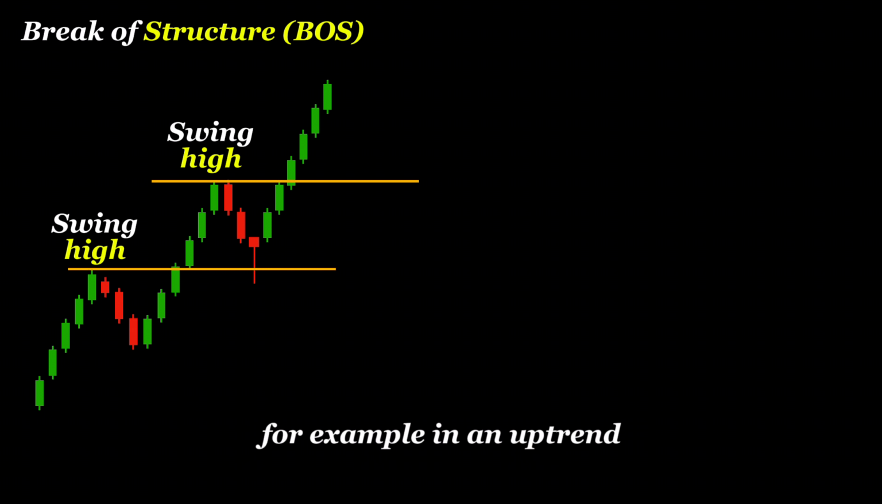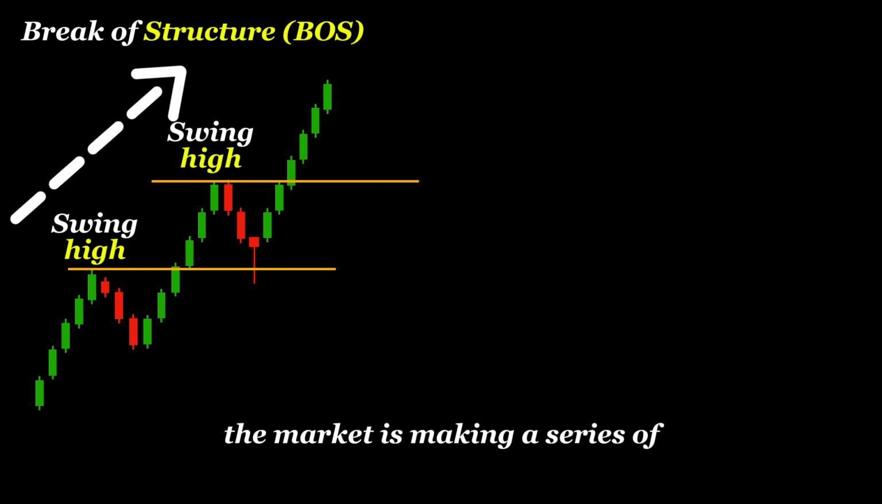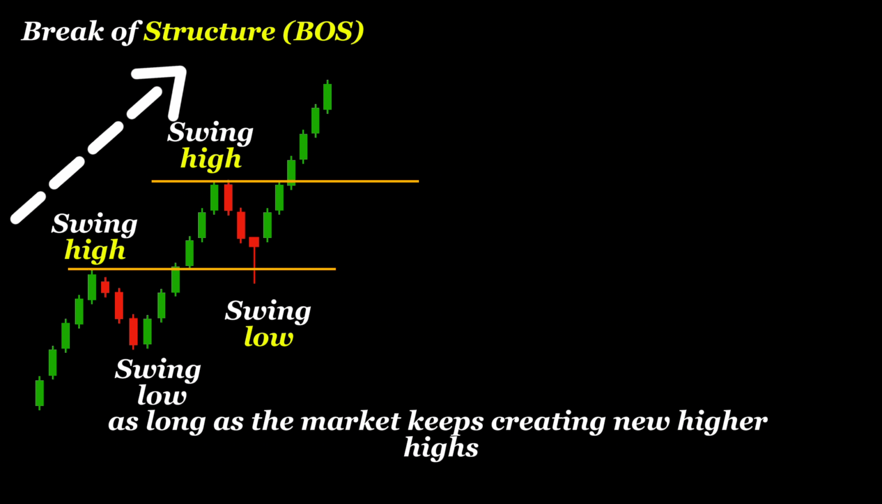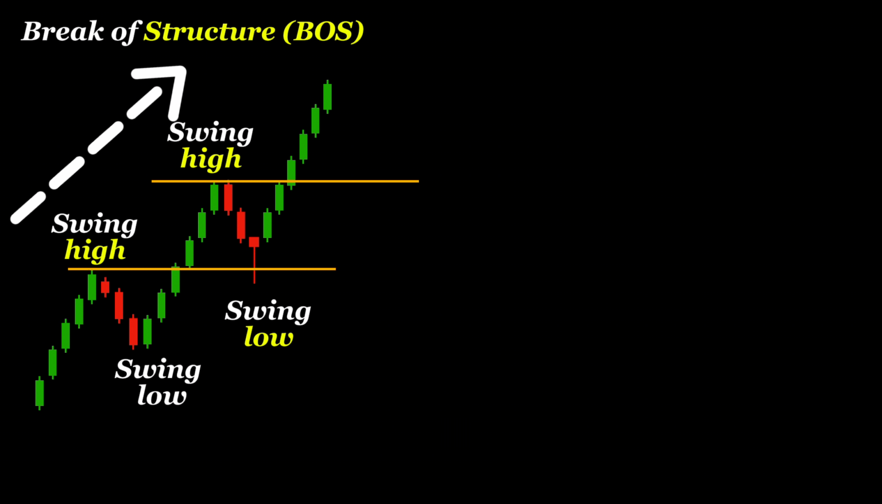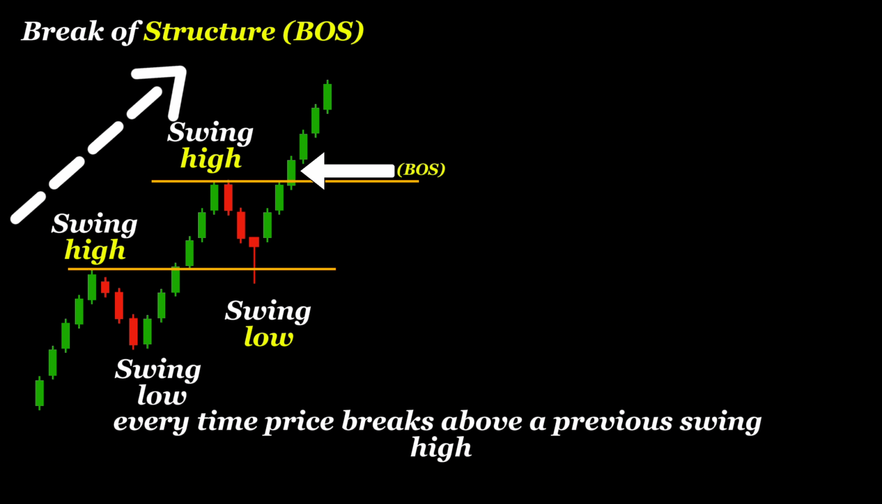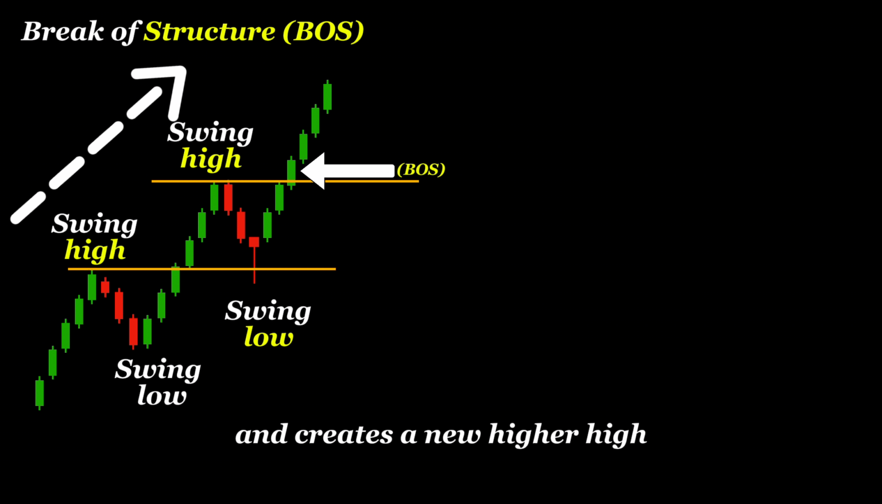trend. For example, in an uptrend, the market is making a series of higher highs and higher lows. As long as the market keeps creating new higher highs, the uptrend remains intact. Every time price breaks above a previous swing high and creates a new higher high, we have a bullish break